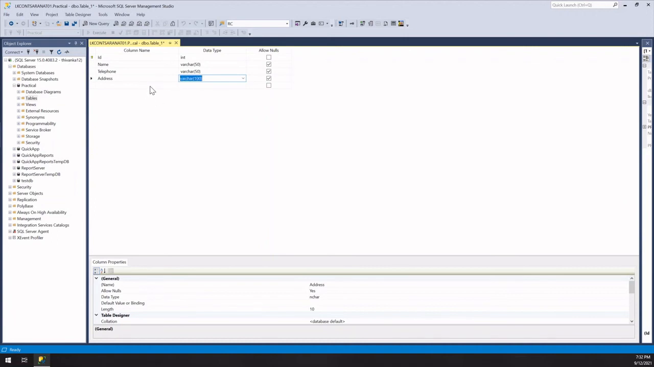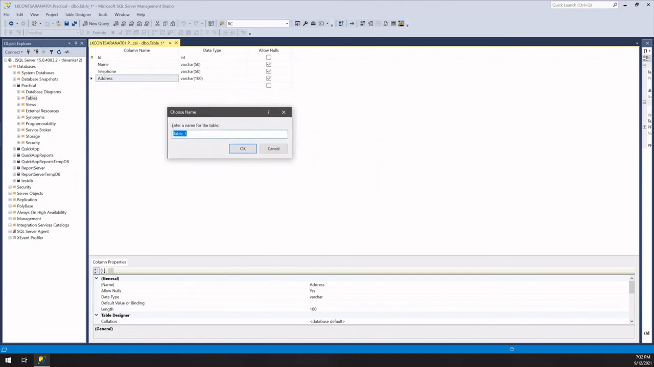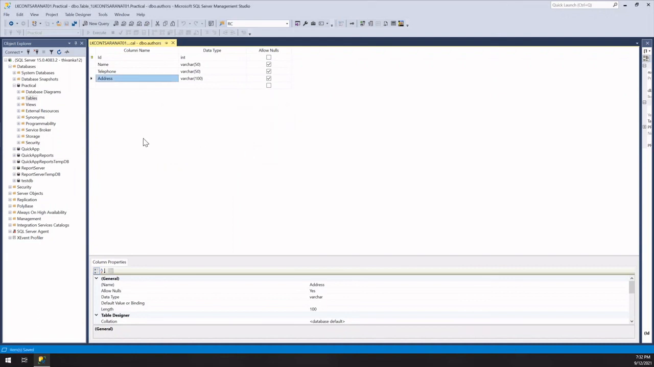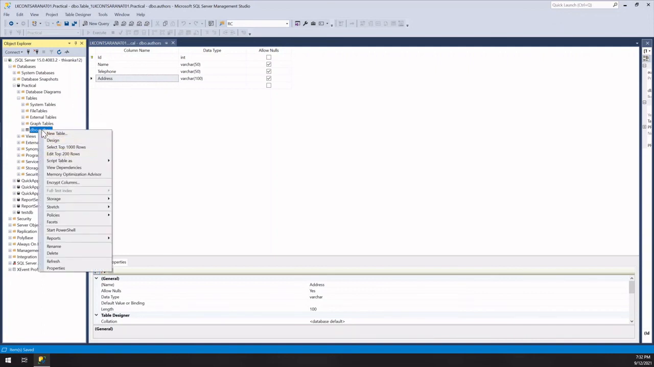So we have declared all the fields: ID, name, telephone and address, and then we are going to save it. When you press Ctrl and S, you get this prompt, and here I'm giving my table name as authors, and I'm clicking OK. Then we have created our table successfully. If you refresh here, you can see that authors table in here. If you want to insert data into it, you can right click on the table and then